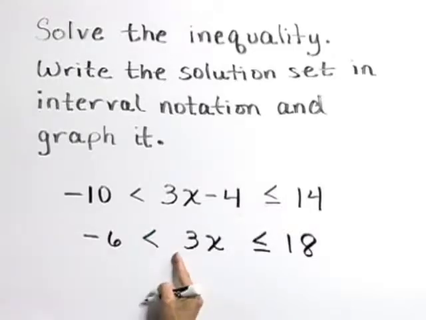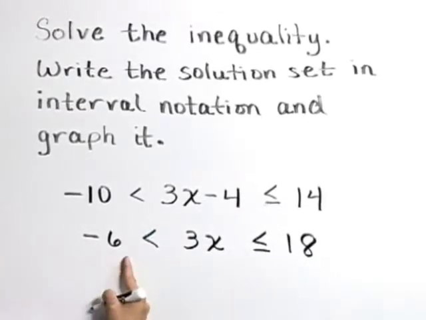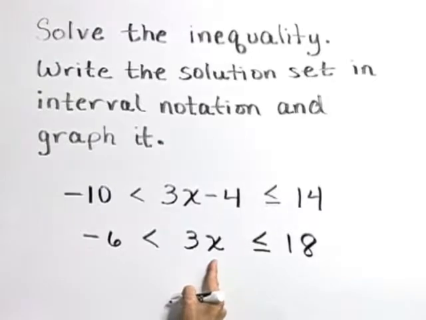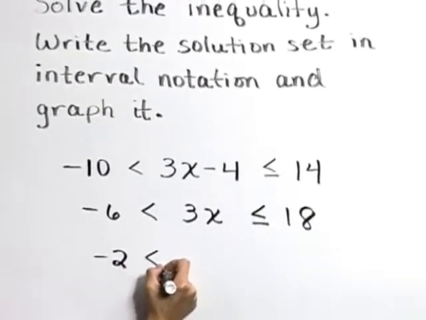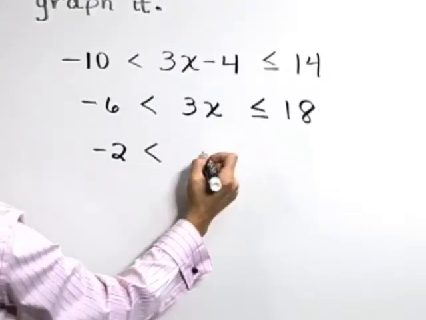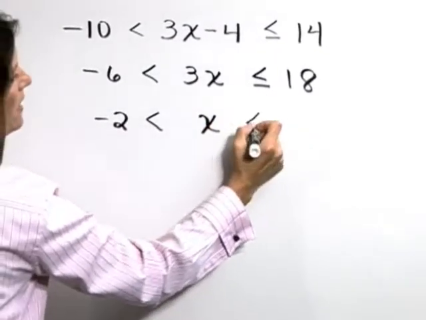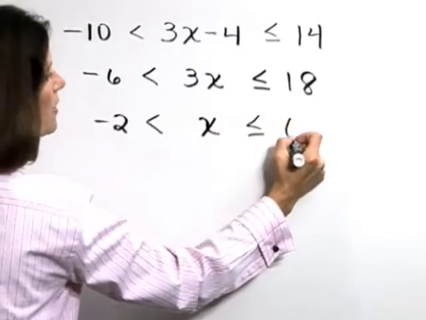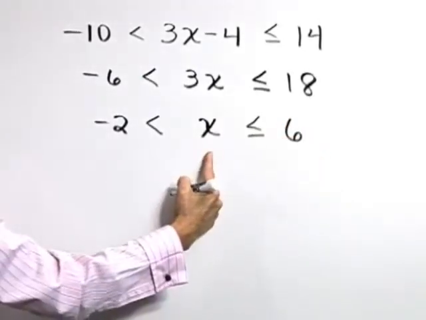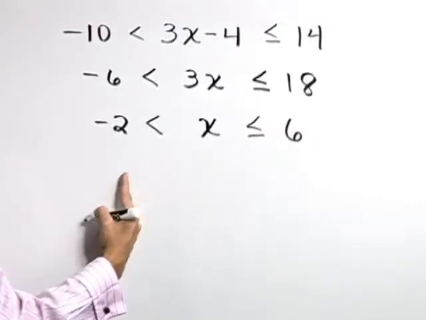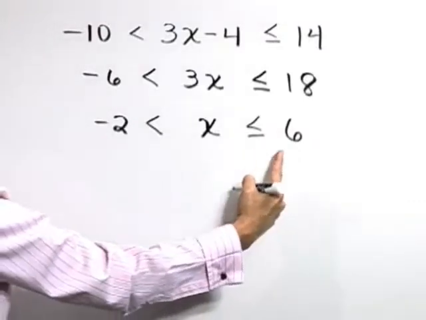As the next step now, let's divide each piece by 3 to isolate x in the middle. Negative 6 divided by 3 is a negative 2. 3 over 3 cancels, leaving us with 1x, and 18 divided by 3 is 6. So our inequality solution is all numbers x that are greater than negative 2 and less than or equal to